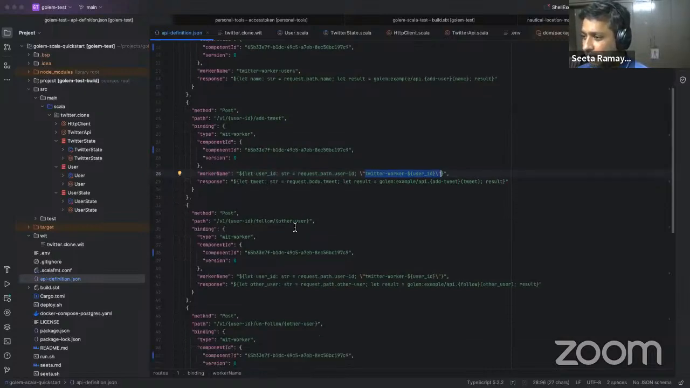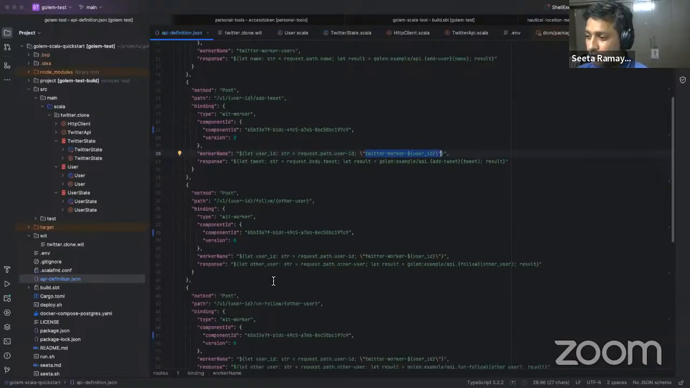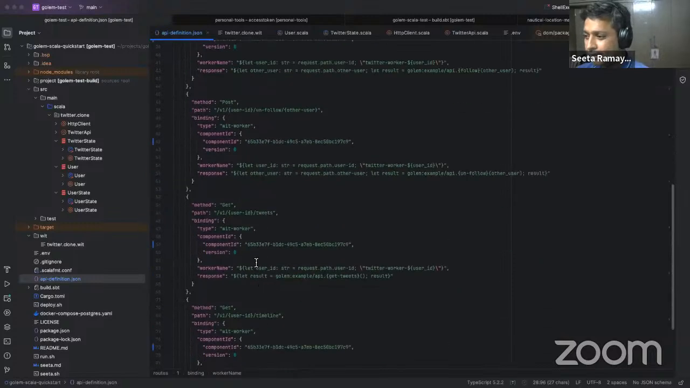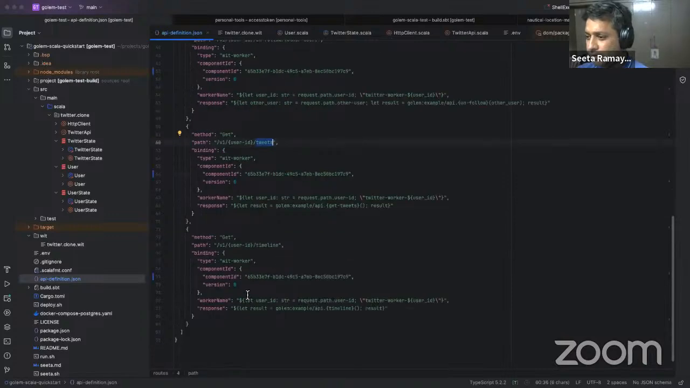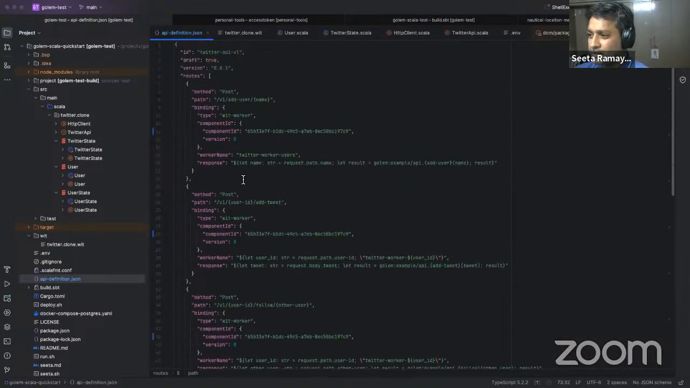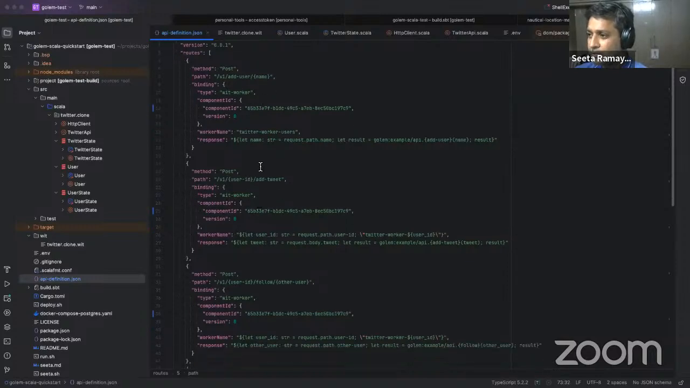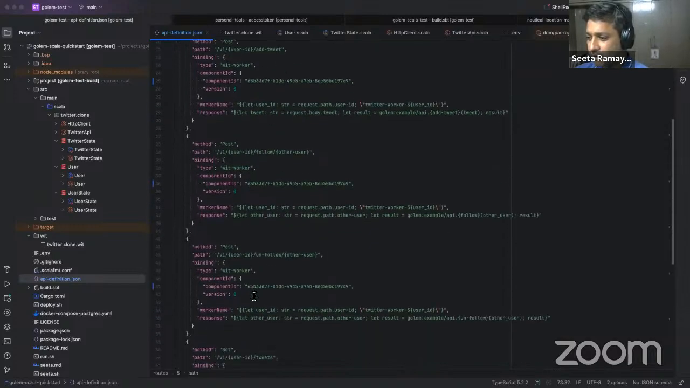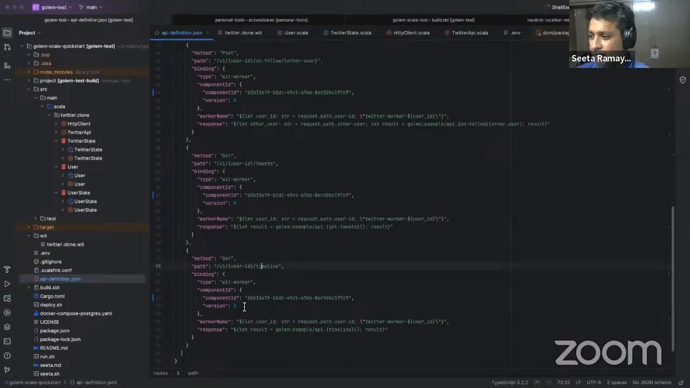Add tweet, and you can follow, you can unfollow, and this one means get tweets, and this is a timeline. All these things mutate on the server side, so those are all posts, and we are only getting here, so these are gets. So that's it. And coming back to the code, I'll show you the first